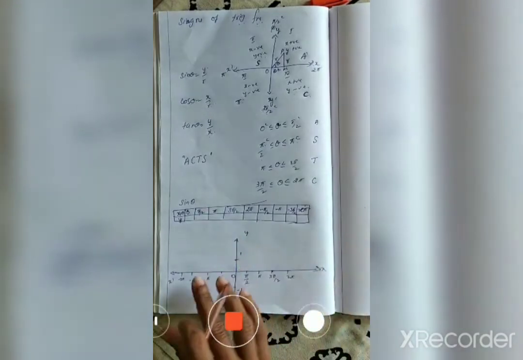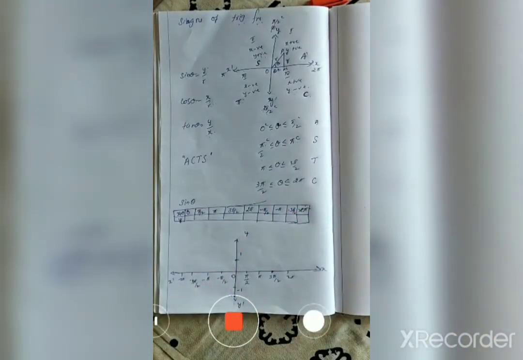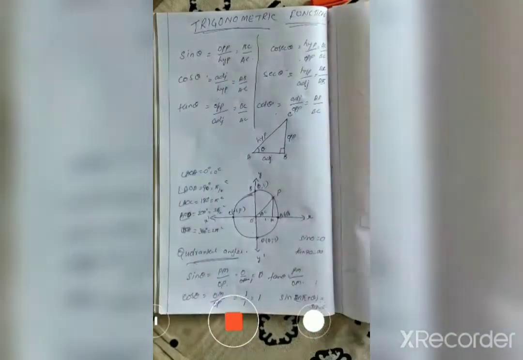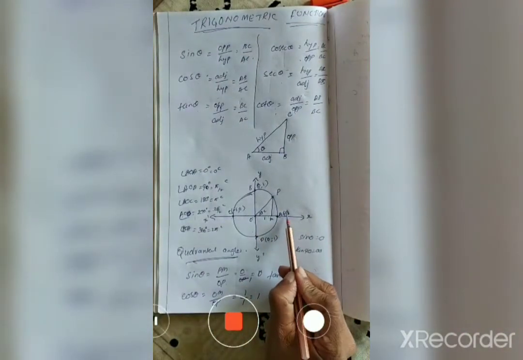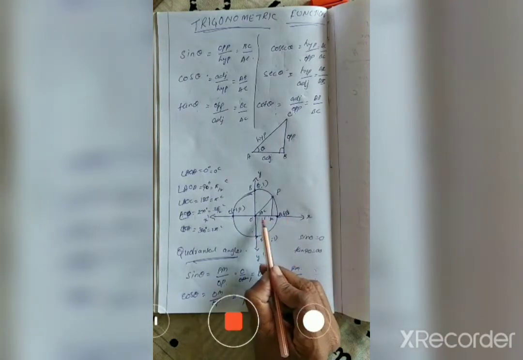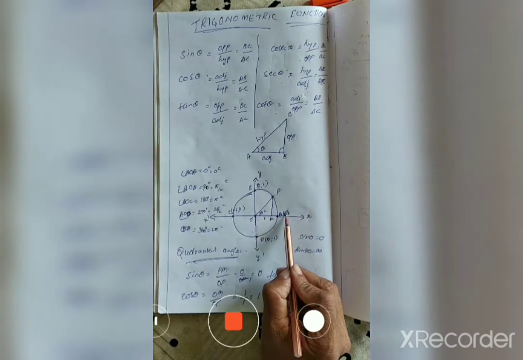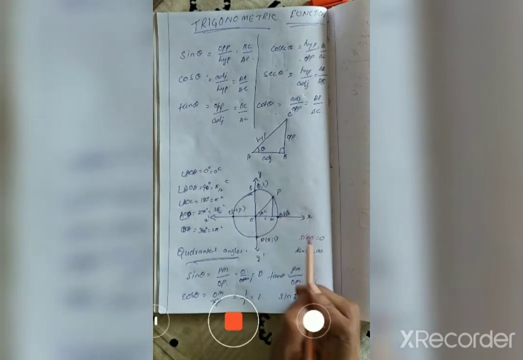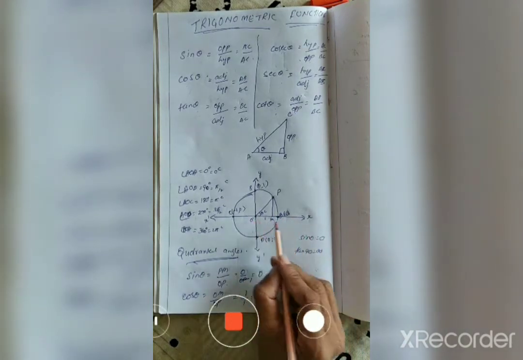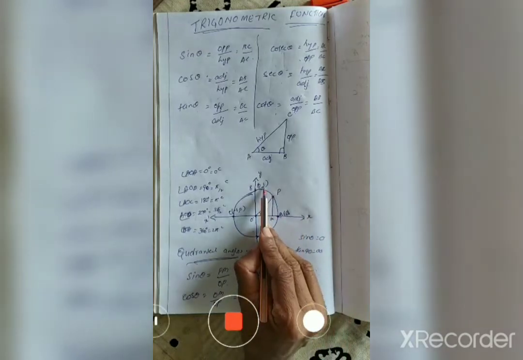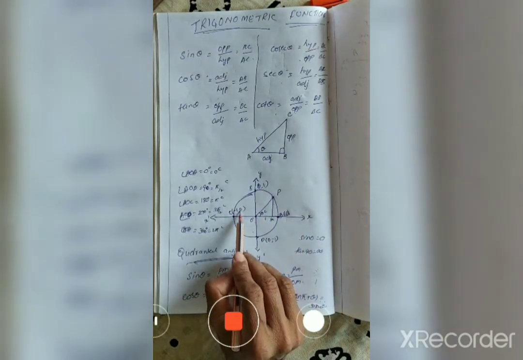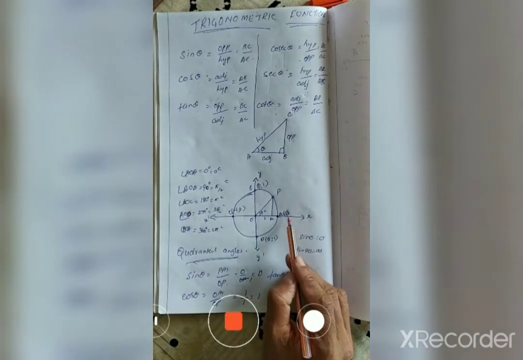What is sine 0? Let us go back to the previous figure. As I said, the values of the coordinates of the point on the unit circle, that is sine 0 is 0. Now we are going to draw the graph of sine function. So sine 0 is 0, sine 90 is 1, sine 180 is 0, sine 270 is minus 1, sine 2 pi or sine 360 degree is 0 again.